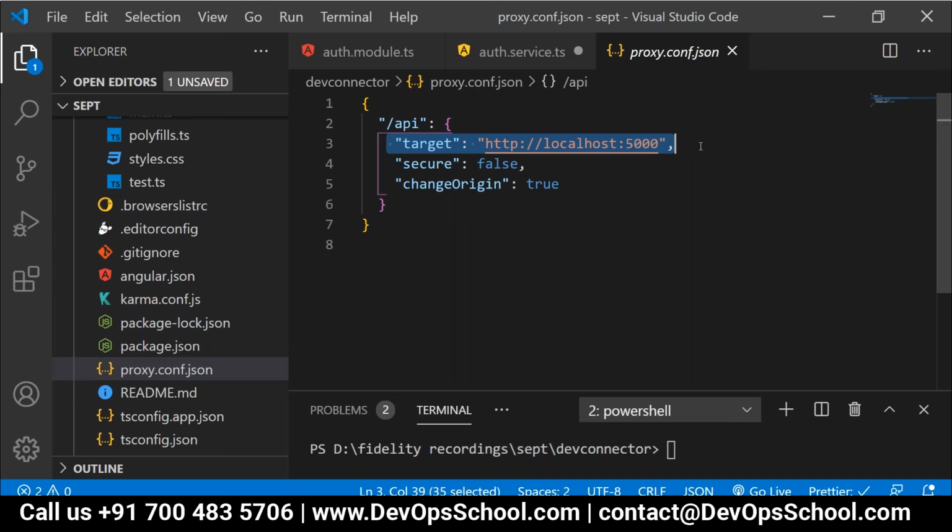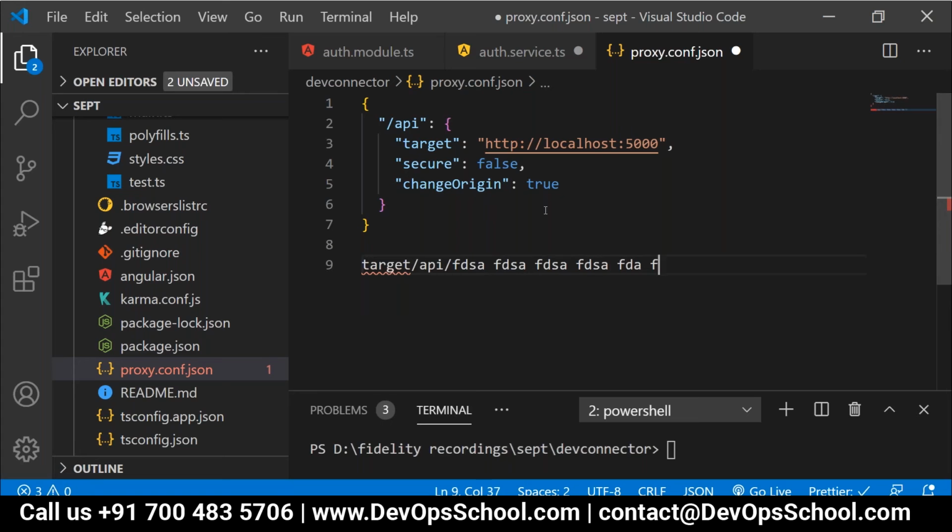Now, wherever you will use this /API, internally will it prefix this target or hit this server? Yeah, it will. In short, internally it will do target /API/something, whatever it is. Is it clear?